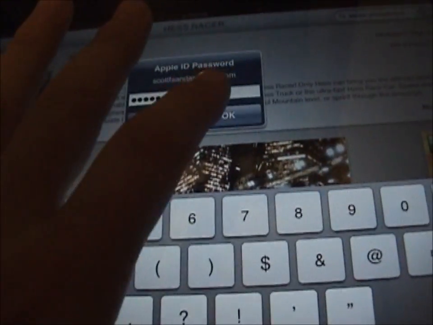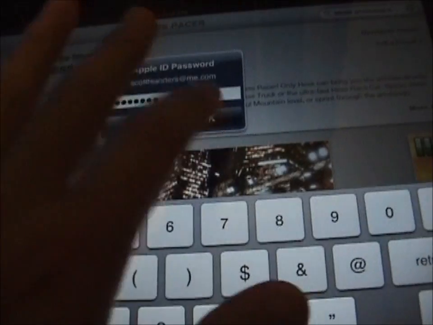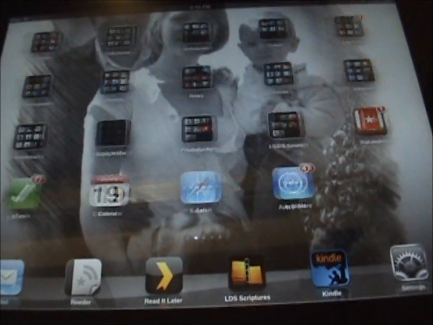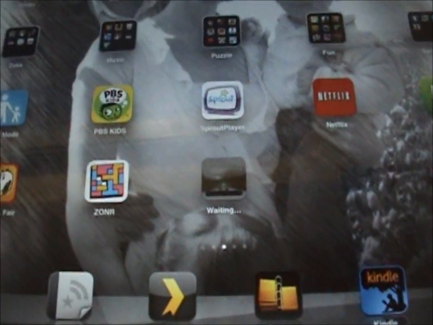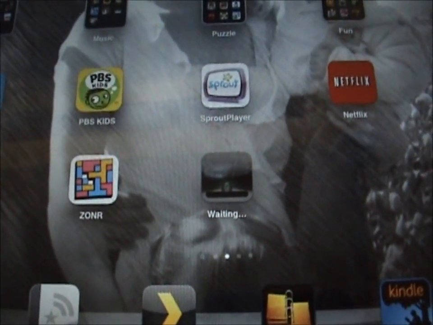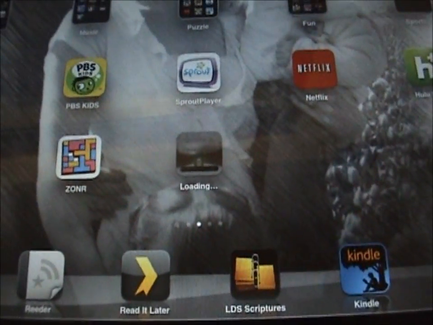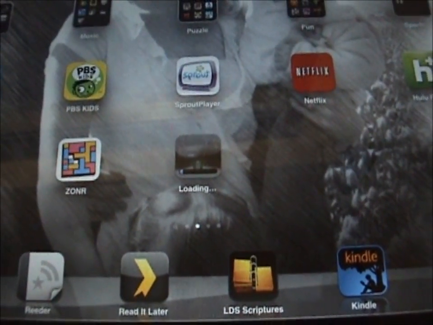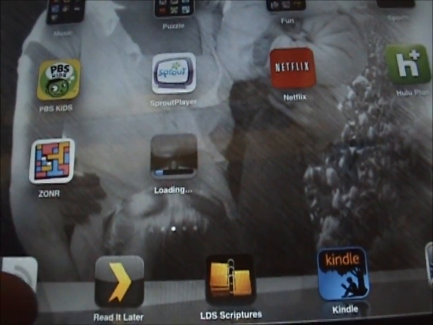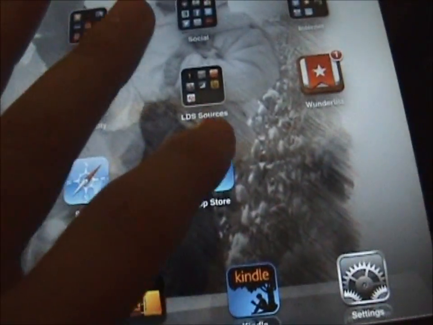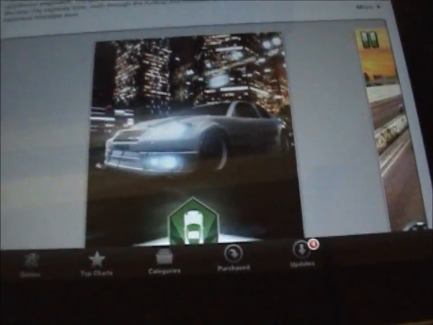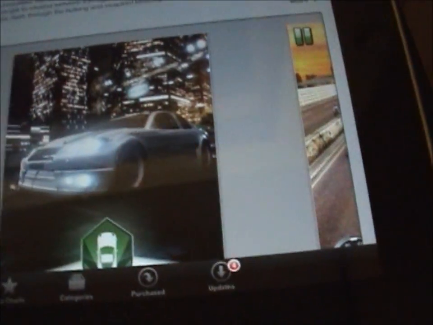Okay, I've got it entered in, and once I press OK, watch what happens. It kills my App Store and pushes me over to a different screen and starts installing the app. And it's nice and all that I know that app is installing, but I wanted to install those updates, so it closed the app on me. I didn't like that, so now I have to go back here and reopen that again and come all the way back over here,